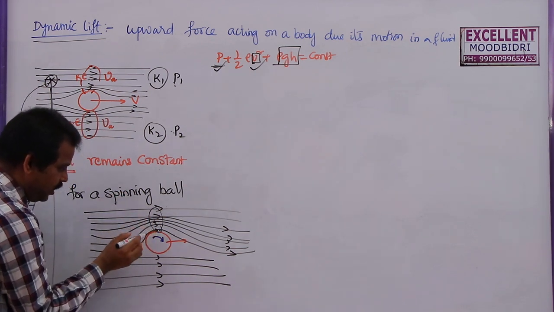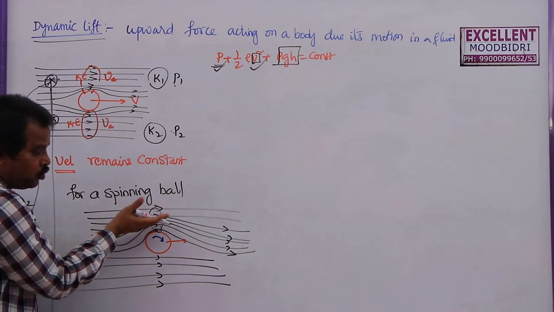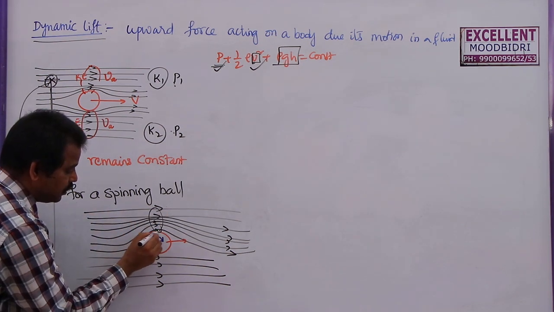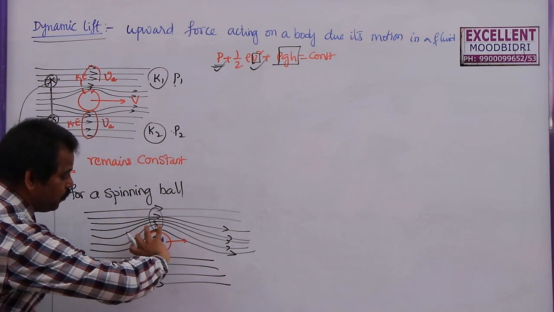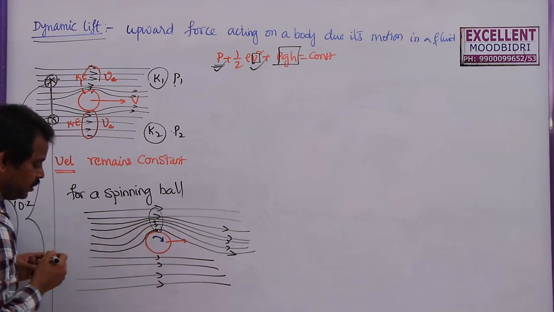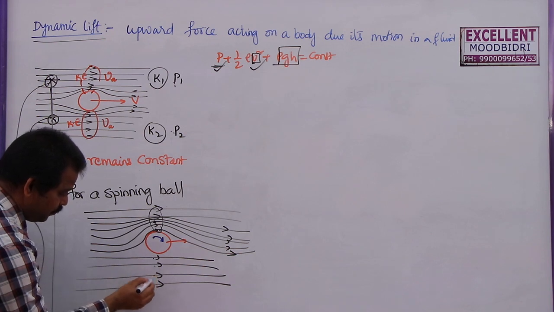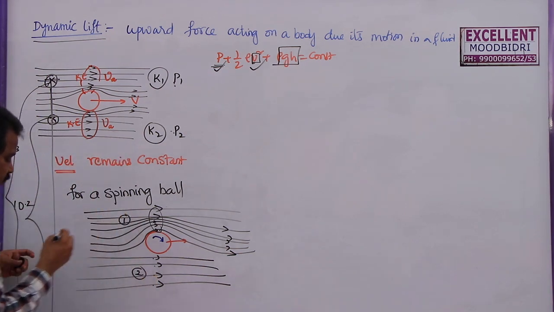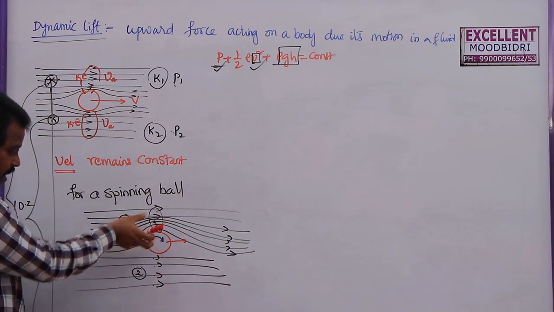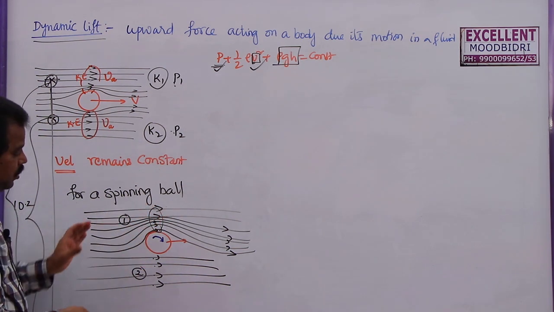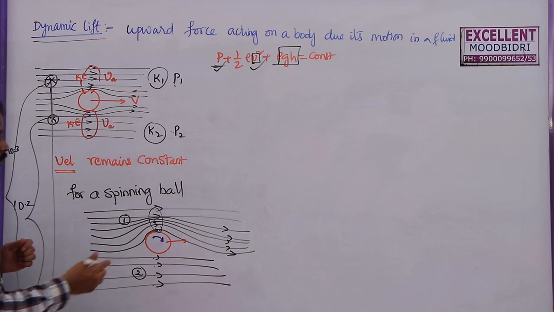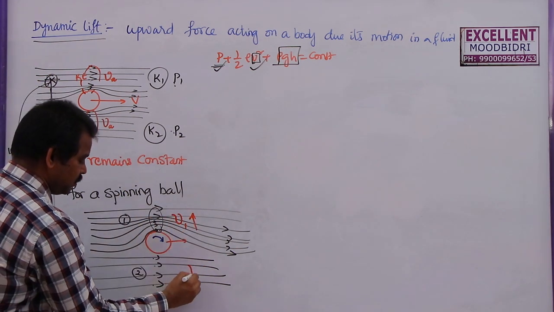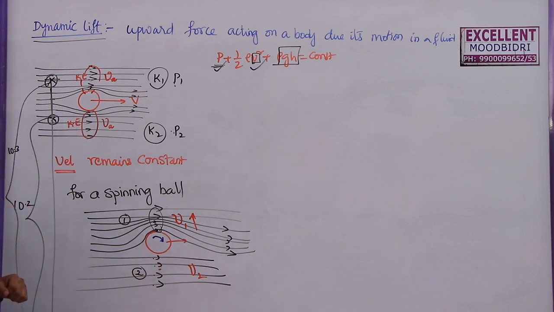Within this area, more air is trying to pass over it because of the dragging of air with the surface of the ball. That means the ball will drag the air with its surface. Here, if you compare the bottom, let me take this point as 2, this point as 1. As the area is less here, within the small area, more streamlines are passing. So according to the law of continuity, V1 is greater than the velocity at this point V2.